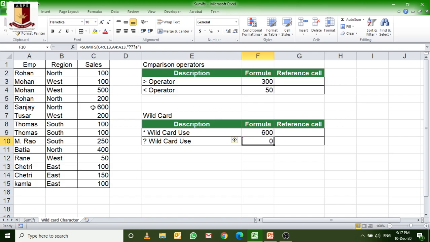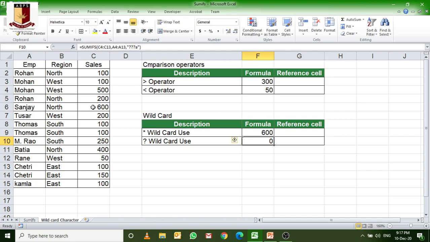Now next is the single character one. We make this C colon C, the whole column. So let's search something. We know the question mark searches a single character.